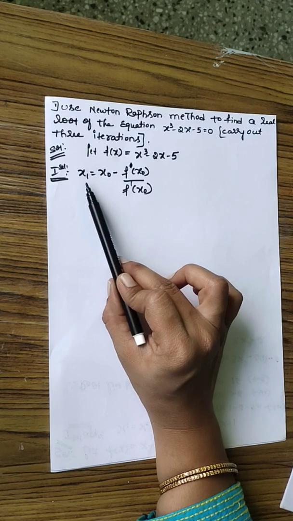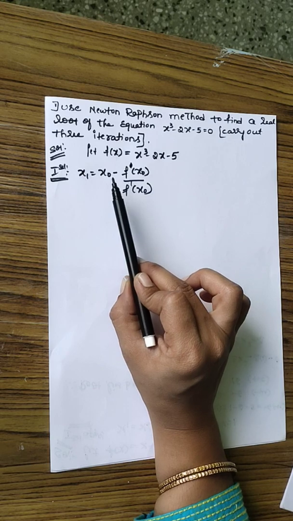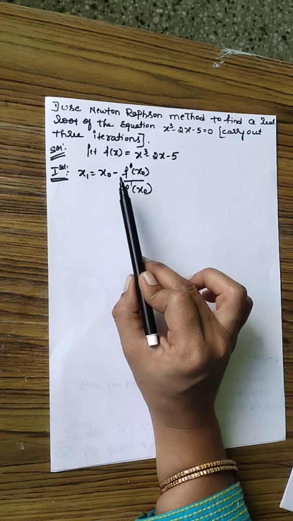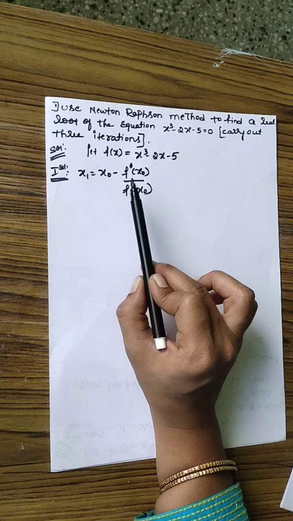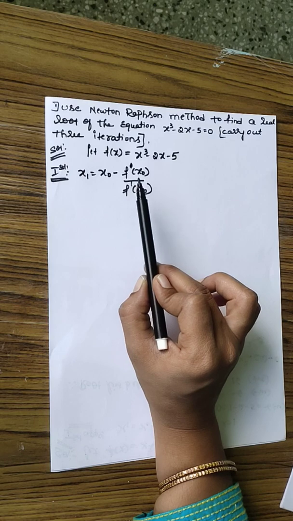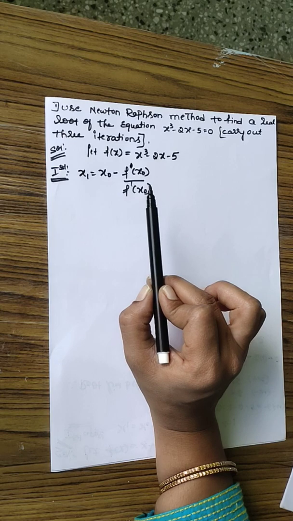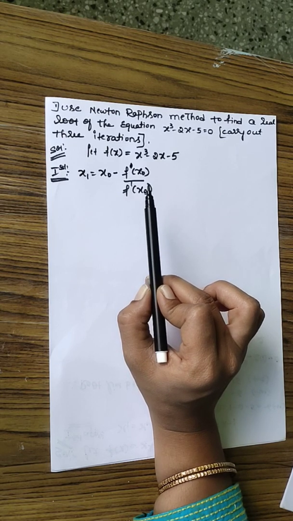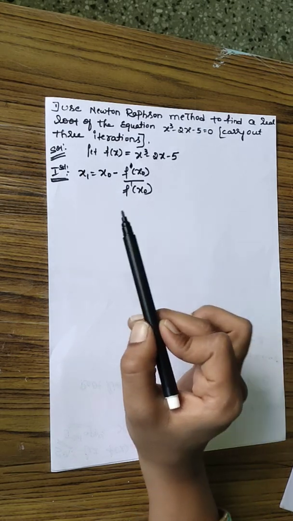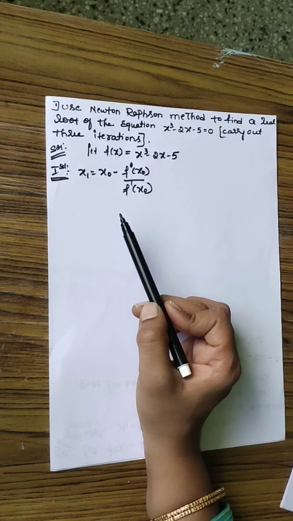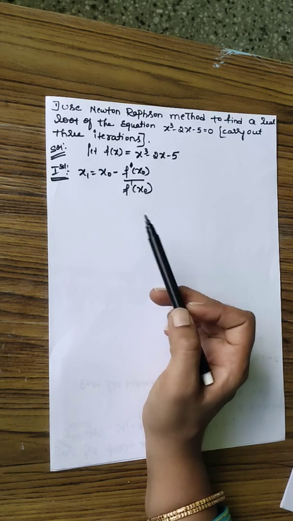For the first value x1, we need some x naught, that is, an initial value. For that purpose, we must have some interval. And for finding the interval, you know very well, we have discussed it in the previous method, which is the bisection method. That is how we find some interval if it is not given. We will just take some numeric numbers, put them in this function and observe the behavior.